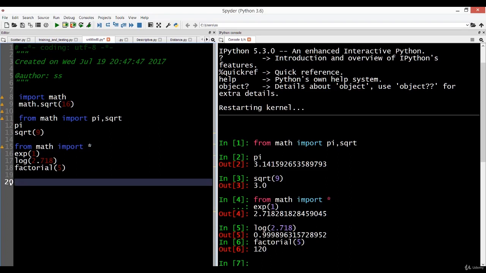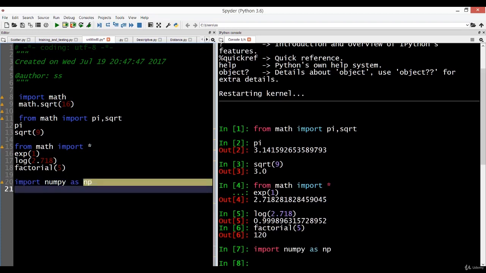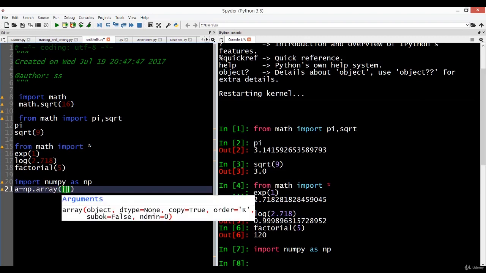In Python, it is a practice to rename the module name using as keyword. For example, we are importing numpy module as, this is the convention to import it as np, and then you can use np as the prefix, and first we are creating an array out of a list,